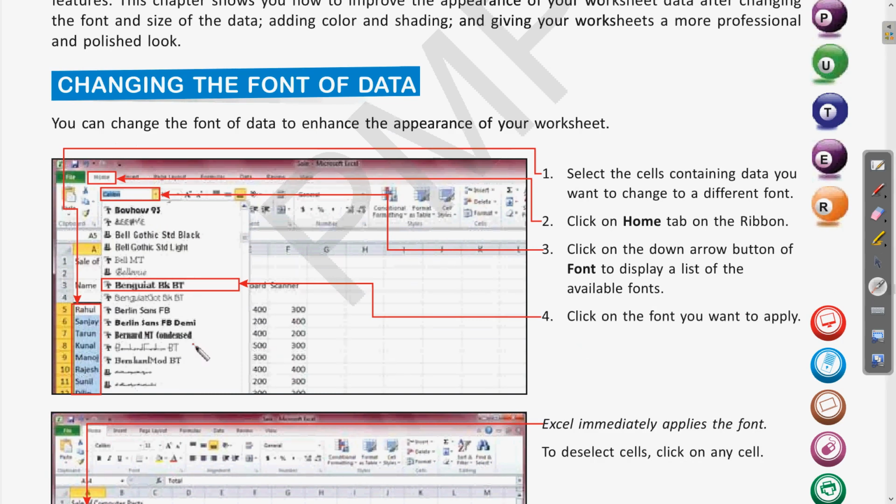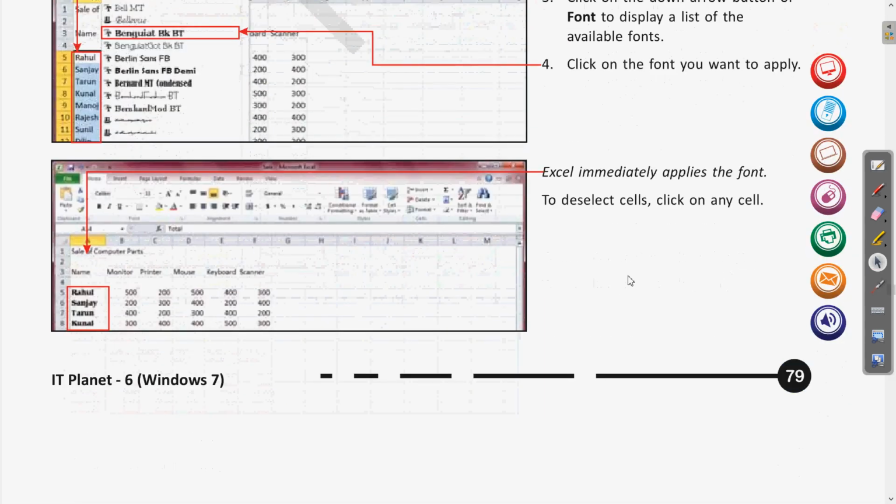So for changing the font, whatever values you have written in the cell, first we need to select those cells. After selecting the cells, we go to the Home tab, and when we click on this font name drop down, on the downward arrow button, several font names appear, and from all of these we can choose any, and the text will change according to the font which we have chosen.